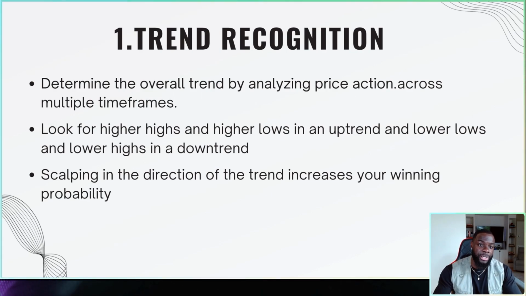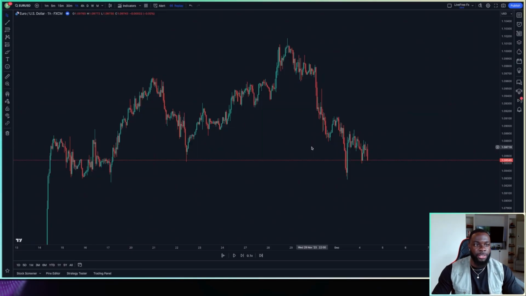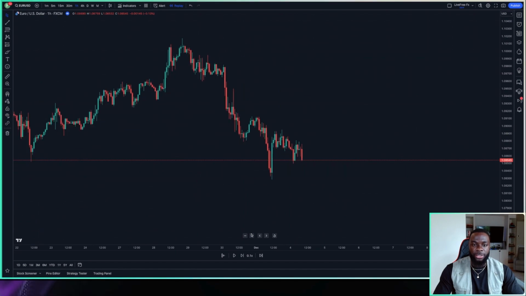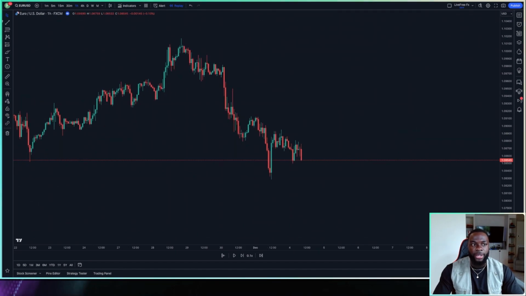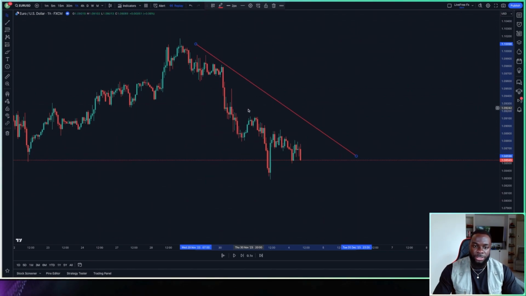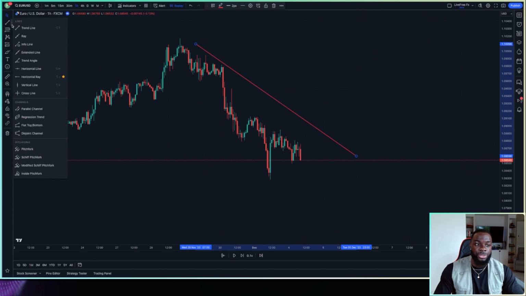Let's go over to the chart here so I can show you what I mean. So we're taking a look at Euro USD, for example. Right now, what we can see as we take a look at the 1 hour time frame is that the market is moving lower. Price is currently bearish. So as you're coming into this market right now, you know that you're coming into a seller's market. Price is making lower lows and lower highs, lower lows and lower highs. The lows are being targeted.